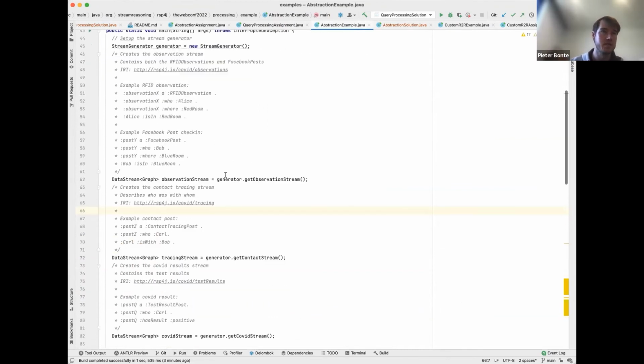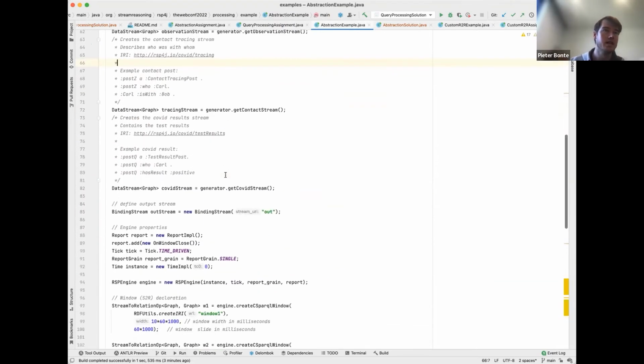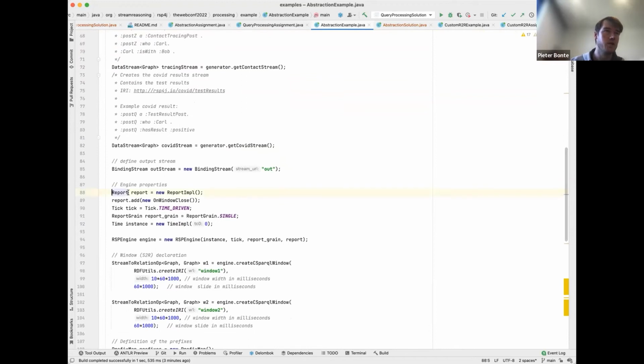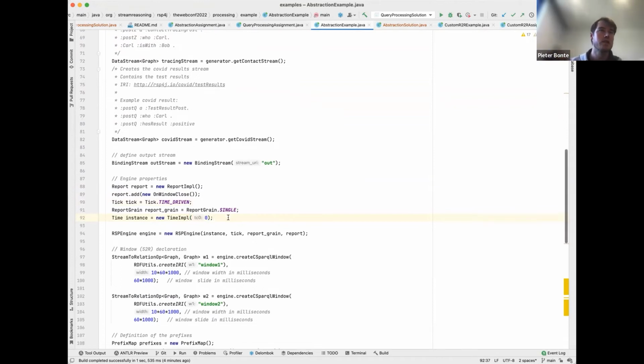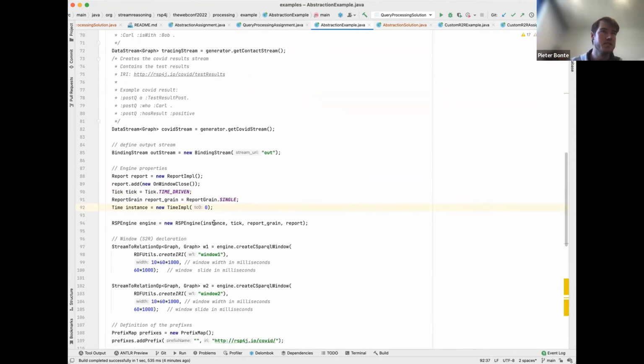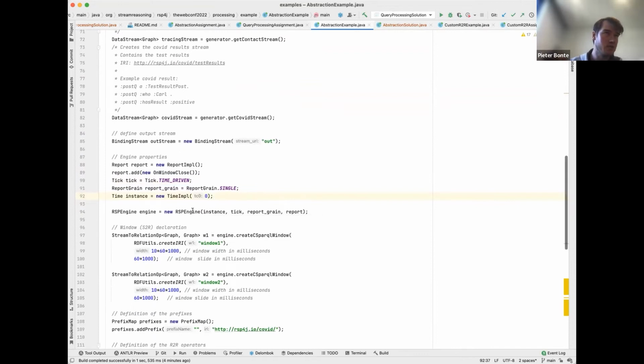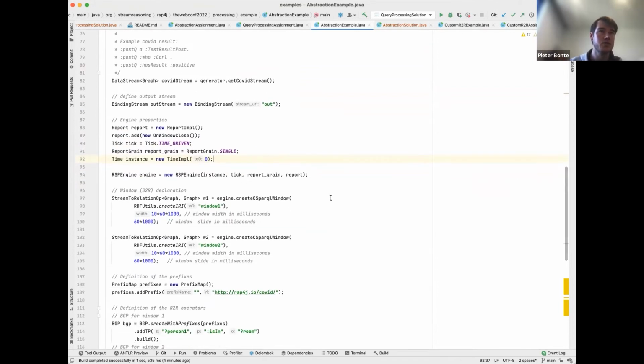So we'll be using the same stream generator, but now we can define all the engine properties. For example, we can define reporting policies, in this case on window close. We can define the tick, which is time driven, the reporting grain, and also, for example, the time instance. In this case, the engine will start at timestamp 0. From these engine properties, we can create a new RSP engine,